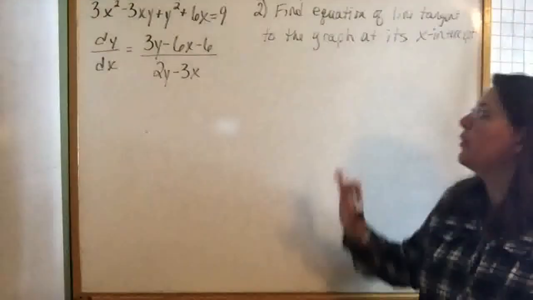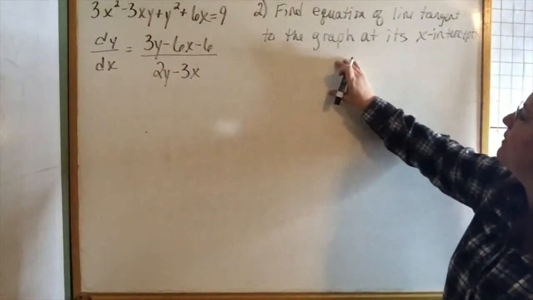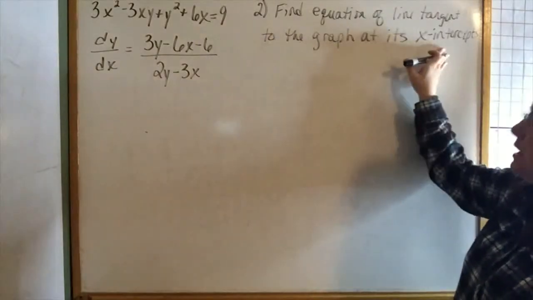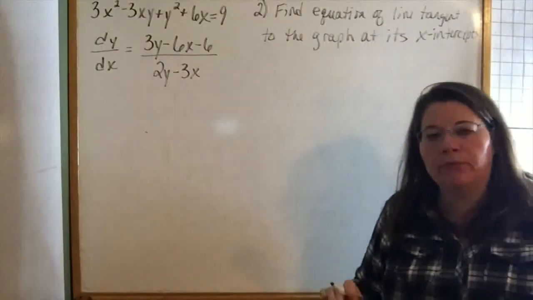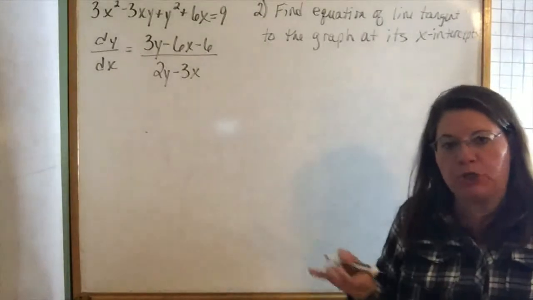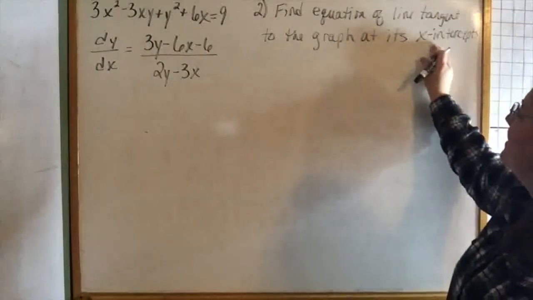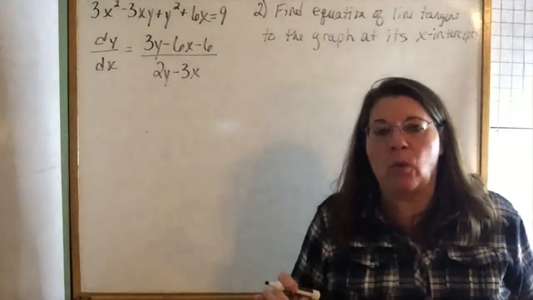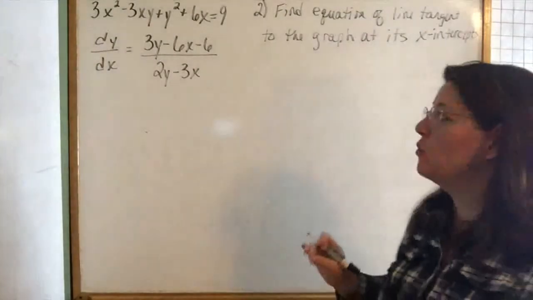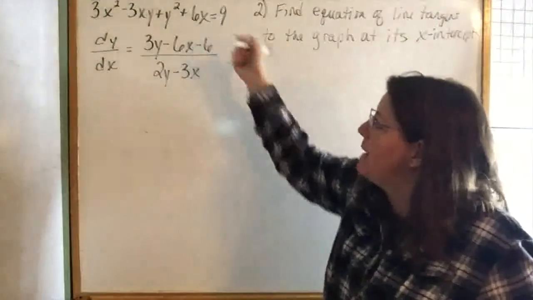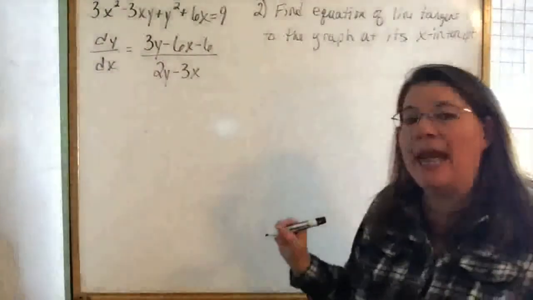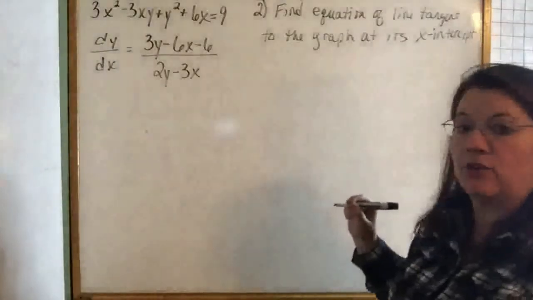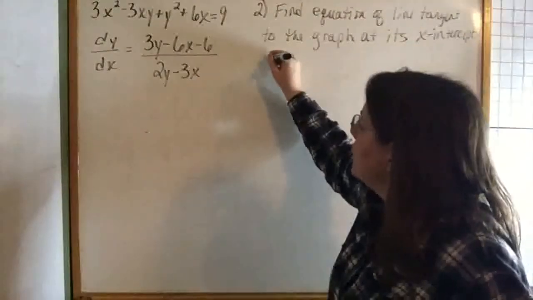Part 2 of this problem tells me to find the equation of the line tangent to the graph at its x-intercepts. Now, we know from Algebra 1 and Algebra 2 that anywhere we have an x-intercept, that would be where the original equation had a y that was equal to 0. So what I'm going to do first is take my original equation. Anywhere that I have a y, I'm going to replace that with 0 and see what I end up with for my x-intercepts. So I would have 3x squared